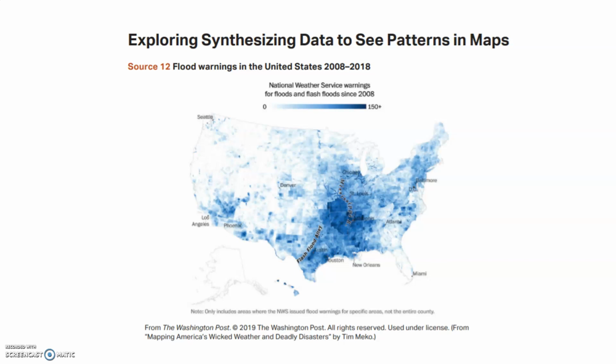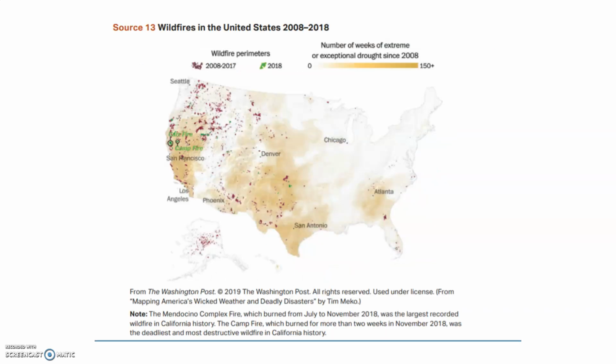So when we do G1C, when we look at our sources, I just want you to get a preview of what those sources will be. So we are going to be looking at source 12, which is flood warnings in the United States within the years of 2008 to 2018. So we're going to be analyzing this map and seeing what information we can gather, asking some geographic questions. And then for source 13, we're going to look at a same map of the United States, but this time it's